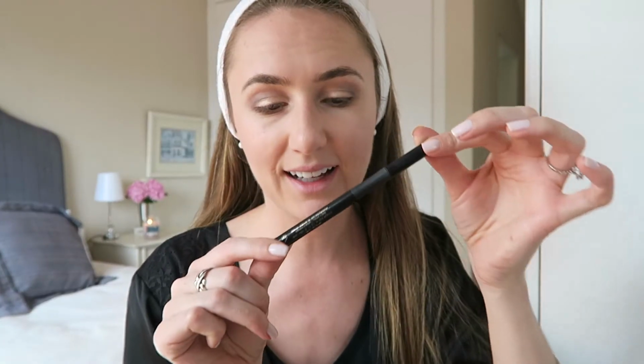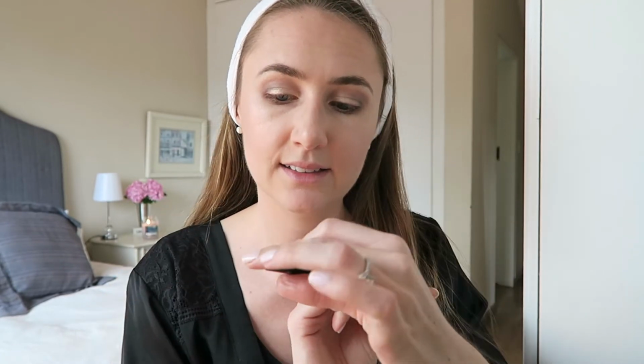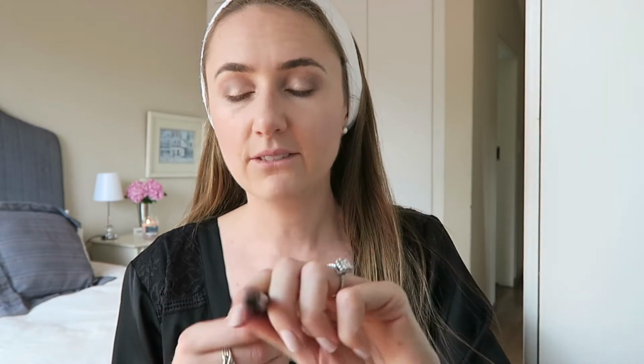My favorite eyeliner of 2019 is the Elizabeth Arden. This is the Bold Defining Felt Tip Liquid Eyeliner from the Beautiful Color range. It is gorgeous. If you're not so familiar with doing a winged liner, and even if you are familiar with doing a winged liner, I would highly recommend this. But just in terms of cutting out concentration time, this is what I use now, and I will be sticking with this